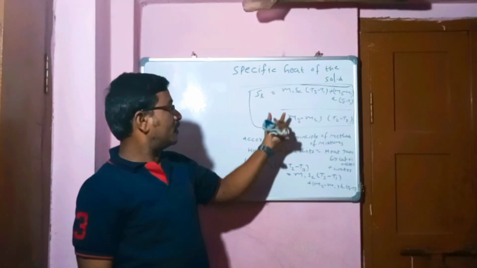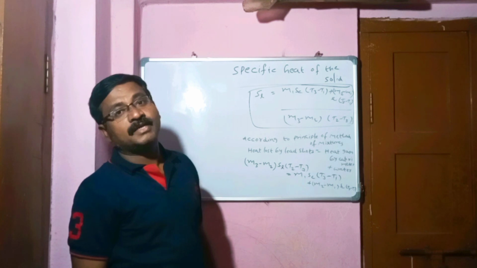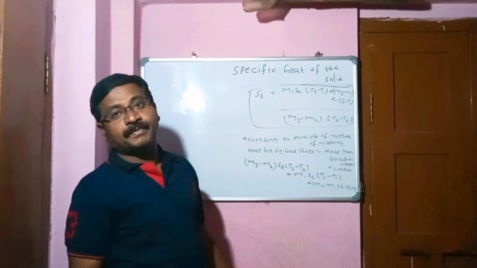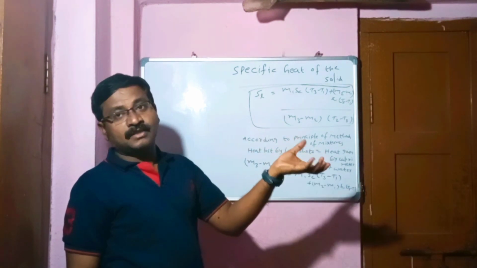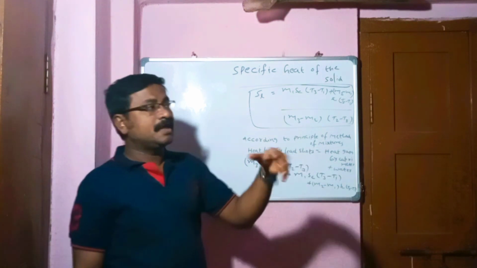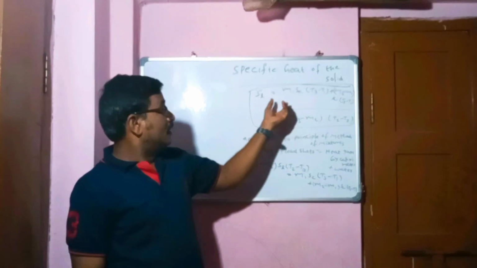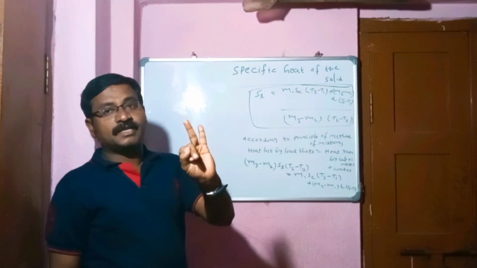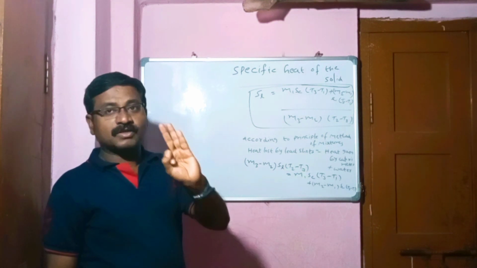Next formula, this is the formula. Next, what is the principle? Heat lost by lead shards is equal to heat gain by calorimeter and water. That is the procedure. T1 is the room temperature, T2 is the lead shards temperature, T3 is the final or resultant temperature. Three masses: the mass of